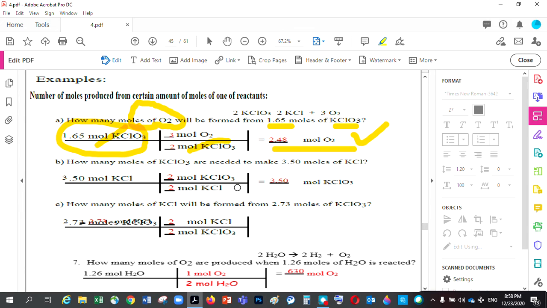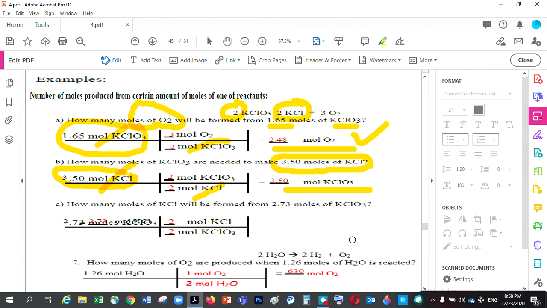The same thing if you're asked how many moles of potassium chlorate are needed to make 3.50 moles of potassium chloride. Take this one at the beginning here. Whatever is given to you is what you start with. And then you put it at the bottom to cancel the unit, so mole potassium chloride with the mole potassium chloride. Then go to the mole ratio. I have 2 moles of potassium chloride to 2 moles of chlorate. So this one cancels out, and then 3.50 multiplied by 2 moles, divided by 2, gives us 3.5